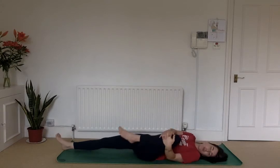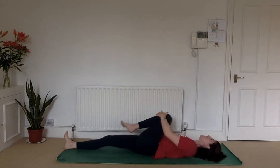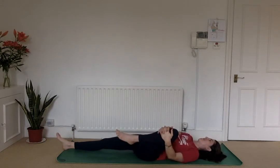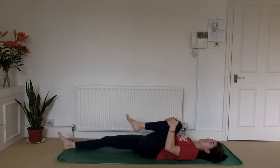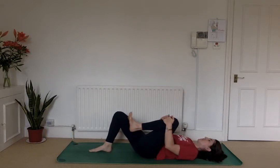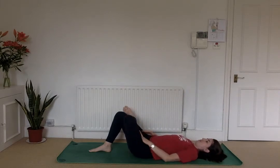Notice how this side of the body might be different. If so, congratulations. It means you're a human. Take your time. Maybe circles in the ankles. And then stay here, or just paint a line with the back of the right heel in towards the body, sole of the right foot onto the earth, cross the left ankle over and make this figure 4 shape with